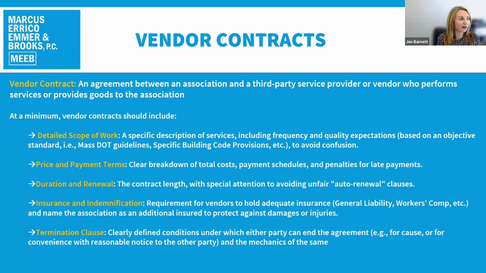This also goes with vendor contracts. If you're going to hire a landscaper or vendor or anyone who's going to provide goods or services to the association, the agreement should be in writing. Include a detailed scope of work. What's the standard for performance? If it's going to be, for example, a repaving, what is the standard? What are the minimum bituminous requirements for thickness and depth? And do you need to remove and replace any part of the existing pavement? So I would have an objective standard based on an accepted authority.